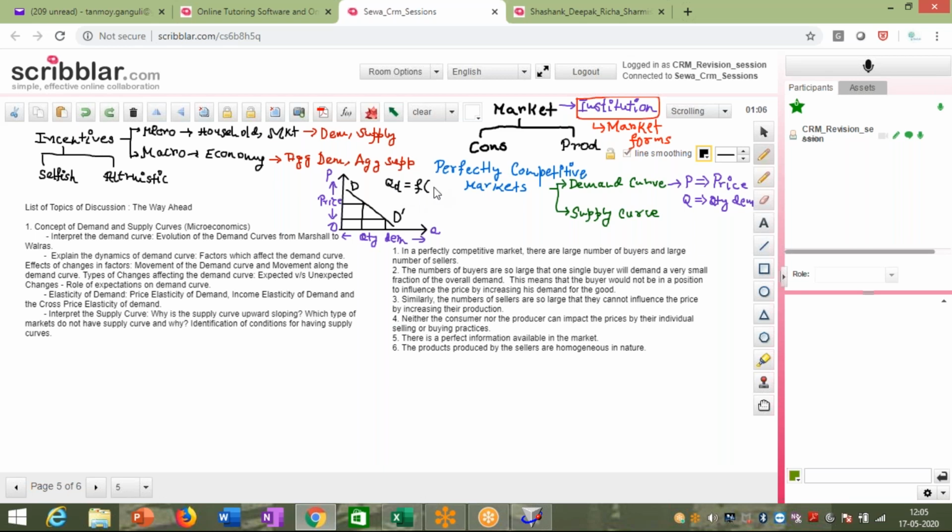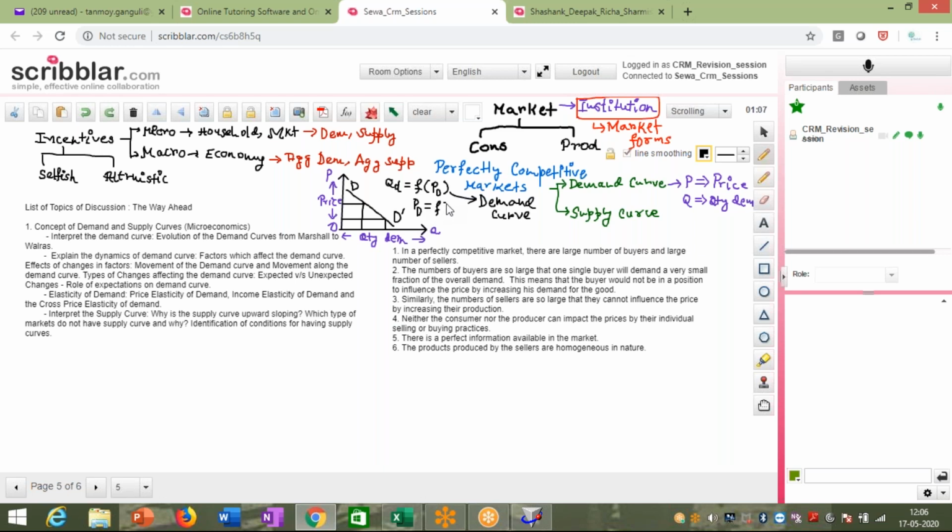So over here, we say that the quantity demanded is a function of the price, the demand price, right? So this is called your demand curve. So ideally, if you have a look into this, the price should have been on the x-axis and quantity demanded should have been on the y-axis, right? But over here, what we are trying to do is say that mostly what we plot over here is nothing but the inverse demand curve,